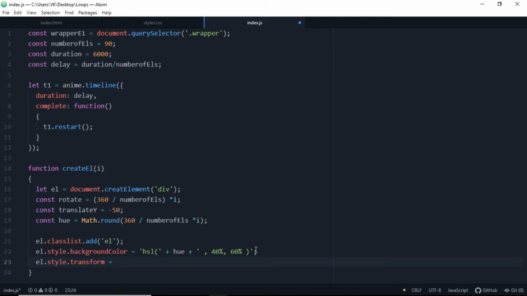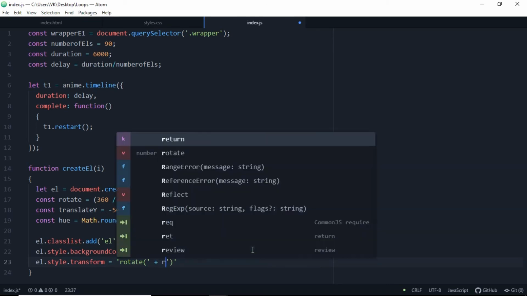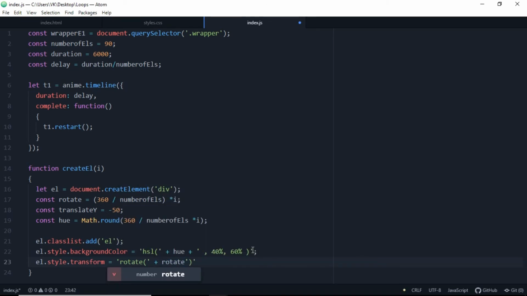And then we are going to add el.style.transform is equal to rotate. So rotating this div here, and the rotation value you can say add a plus, and rotate will be like 360 divided by number of ELs into I, and we're going to add this.